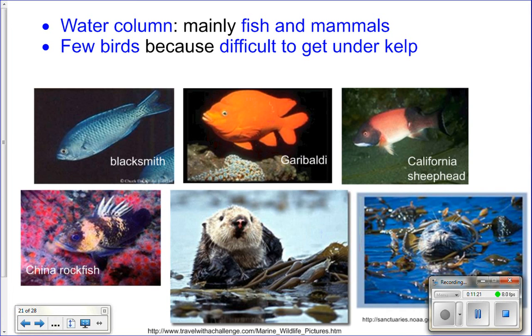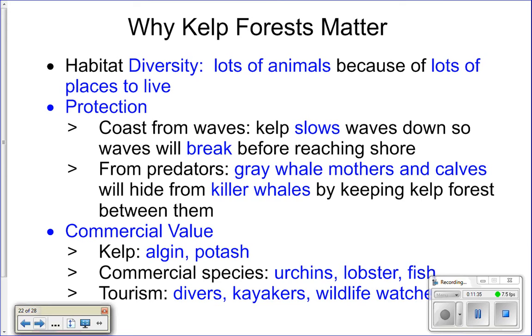And pictures, so you can see a bunch of different kinds of fish, and then, you know, your sea otter, which is also the keystone species of a kelp forest, right? We learned that. And then harbor seal over here. Okay, so